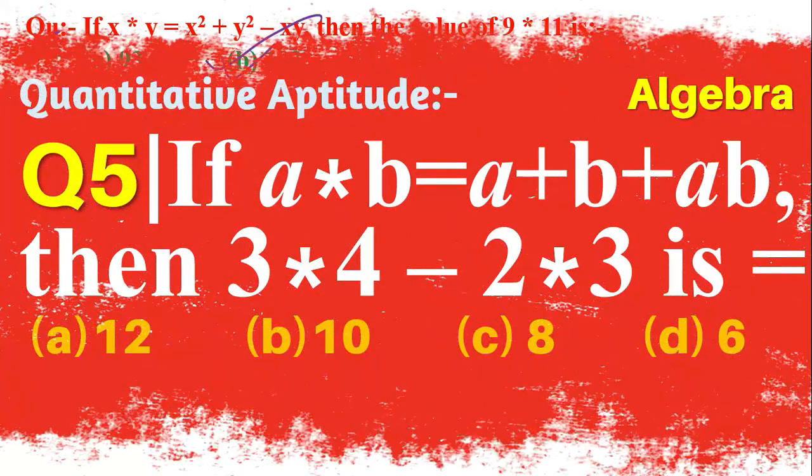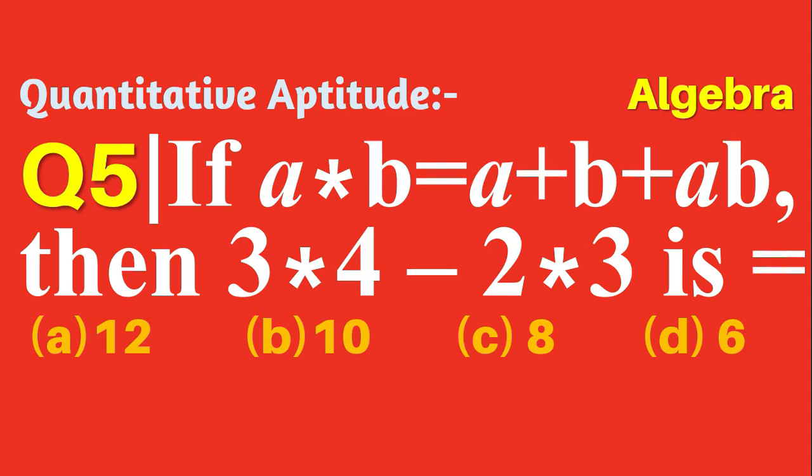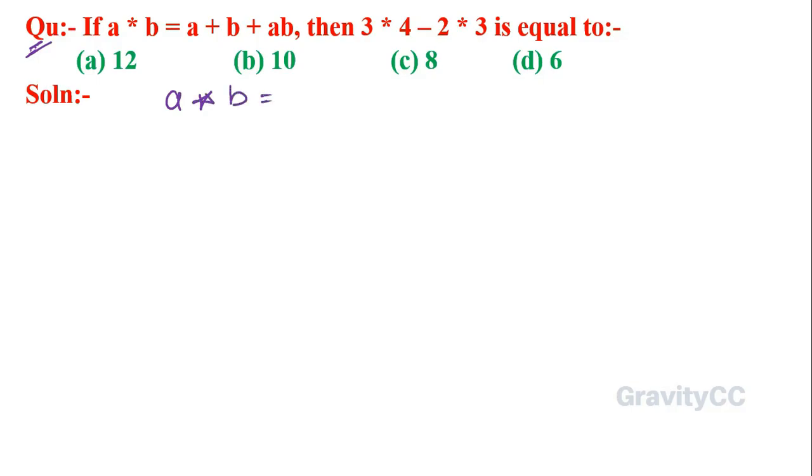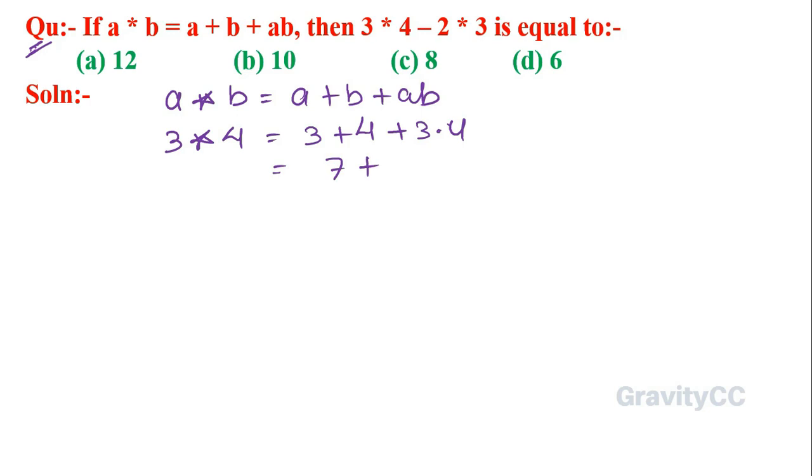If a star b is equal to a plus b plus ab, then 3 star 4 minus 2 star 3 is equal to. So here given a star b is equal to a plus b plus ab. 3 star 4 is equal to 3 plus 4 plus 3 into 4. So 7 plus 12, 19, and